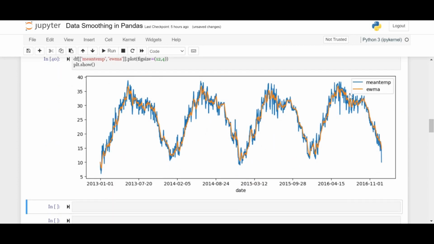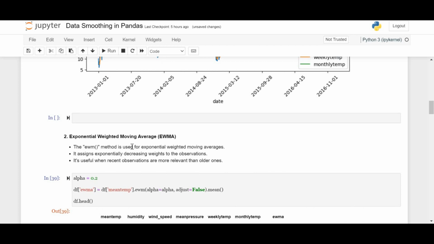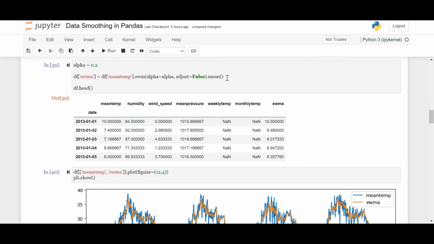You can see the difference, the yellow. So yeah, basically this is how to use exponential weighted moving average. Just like the other ones too, you could also change this and use another aggregate function